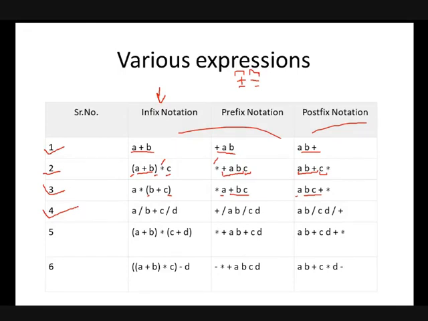Okay, let me discuss the other examples 4, 5 and 6. So you have a divide b plus c divide d. Again, you have two operators, divide and divide, with equal precedence, and now you need to decide based on associativity, that is left to right for this operator. So you need to compute a divide b first. First we will compute a divide b in prefix form as well as in postfix form. Once you have computed this, you need to apply the second, that is c divide d, which is divide cd, and here cd divide.